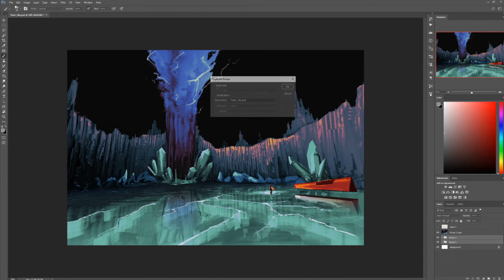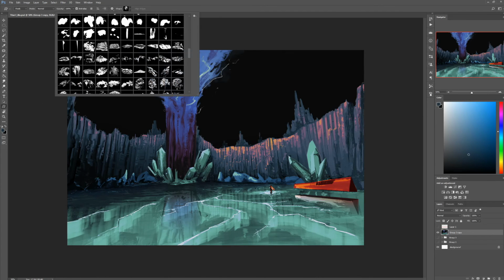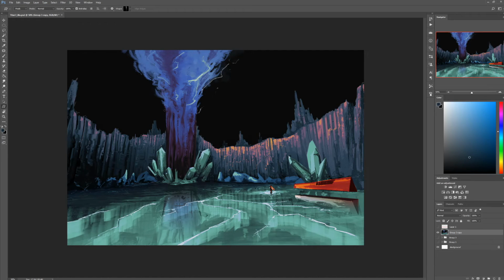That insight of what an image will look like from a distance is a very good way to make sure that your composition still reads well, right? So you can check if even at pretty much post-it size, your composition still makes sense, and if it doesn't, then you can go in and change some things. This is something that I do to try and not get lost in the details, because that tends to happen pretty quickly in any kind of painting. You just start putting in details and you forget about the bigger picture. So that's why I always have my navigator open, and I always keep looking back to the navigator to check